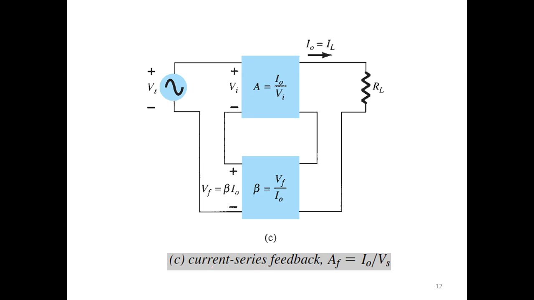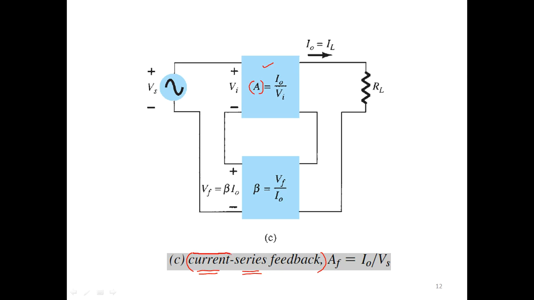So let us look at the third one. It says current series feedback. Please understand that the common blocks are the same. There will always be two blocks. The first one is the amplifier section block and the second one will be your feedback block. But the important point is, what is the gain parameter? The gain parameter depends on the type of the feedback, the type of the input and the type of output. So for current series feedback, again,